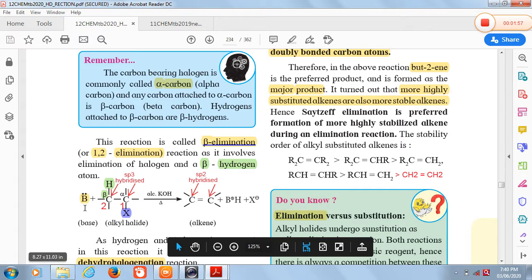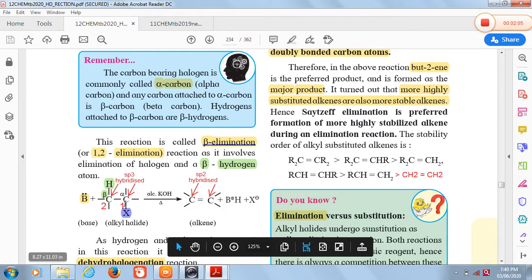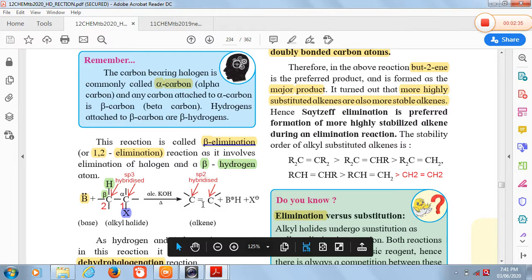For this purpose we require a base that abstracts the H plus from the beta carbon, and then the electron pair between carbon and hydrogen shifts between the two carbons to form a double bond, and the electron pair between carbon and halogen goes with the halogen as X minus, and we get BH, X minus, and a double bond between two carbons. If you observe the alkyl halide, carbon number 1 and carbon number 2 both contain only single bonds, so these carbons are sp3 hybridized,